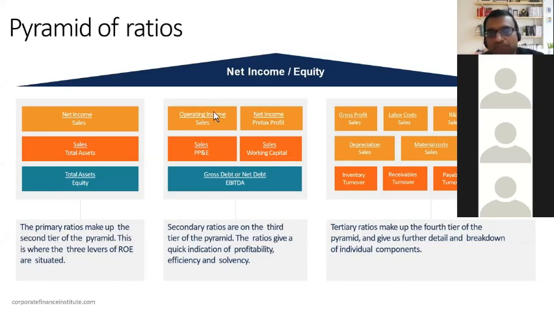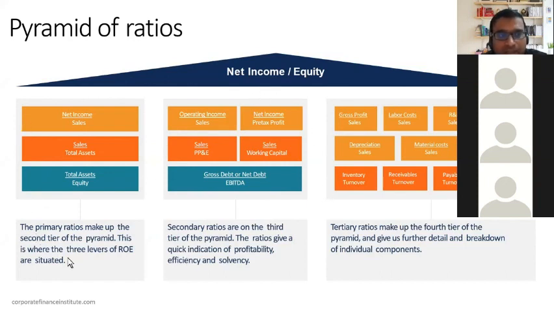of ratios. Okay, and this is calculated, and we will do this calculation in our Excel sheet also. The pyramid of ratio calculation we will do in our Excel sheet also. But let us see. You have net income by equity. This is the mother of all ratios, right? Then it is made up of these ratios in different